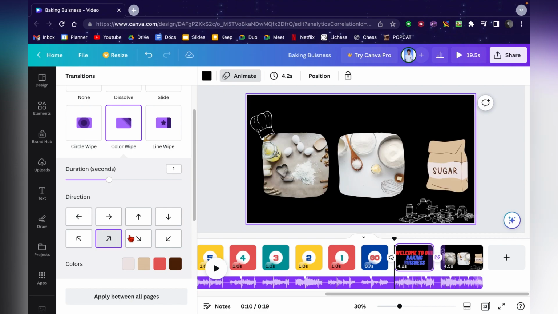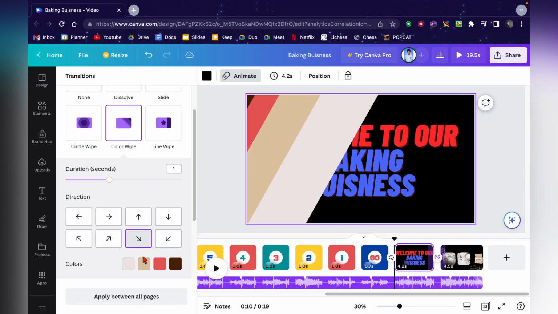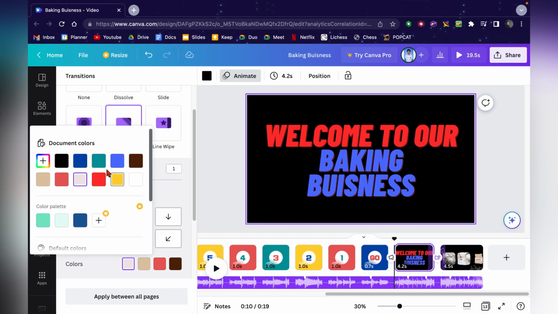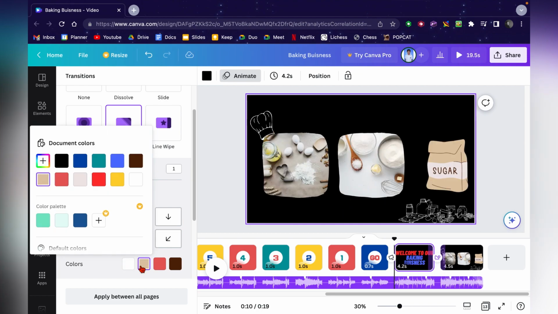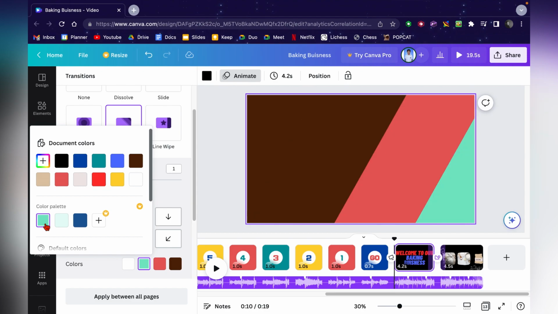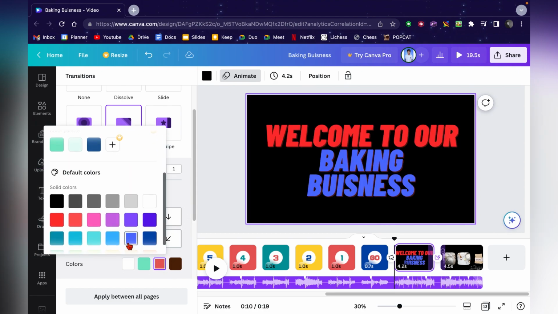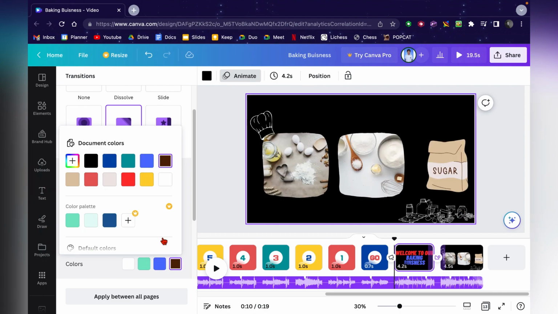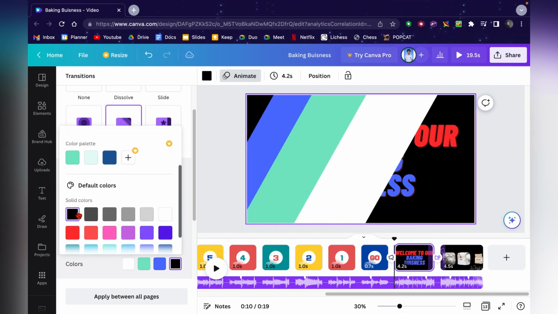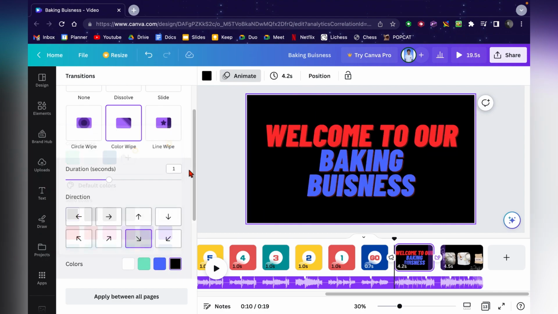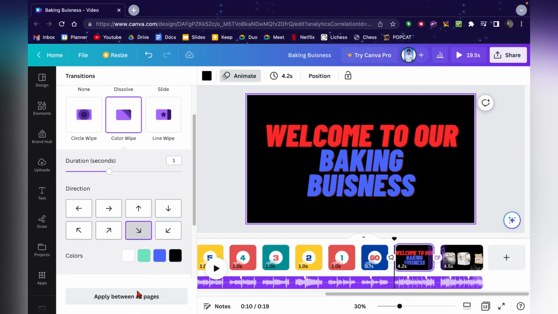If it's going up, I think going down looks better. Let's change the color to white, that we can do blue, and for brown we can do black. Yeah, that looks good. So now apply between,